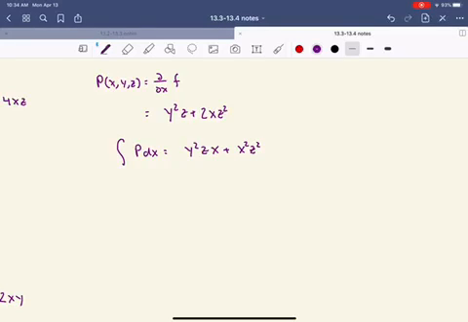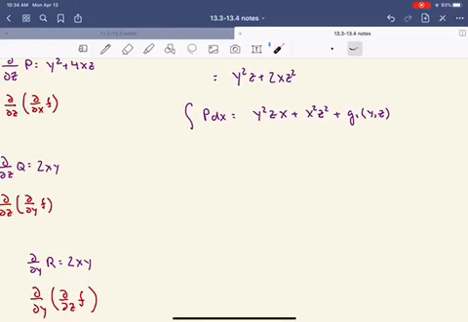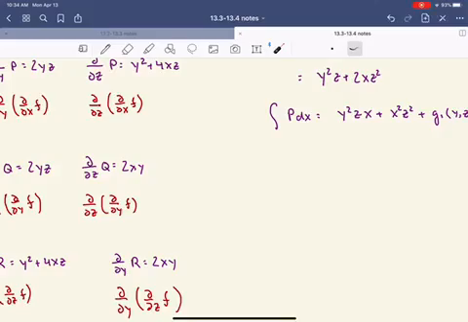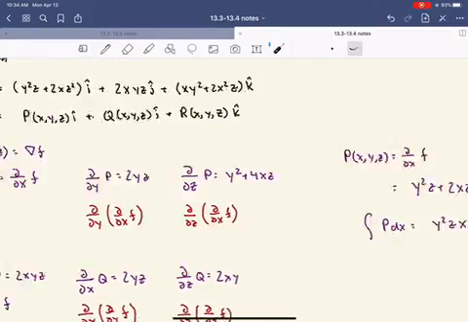Now, I'm going to write the next piece. It's some function. Let's write it, say, as g1. And it's going to be a function of y and z, because we've integrated out the x. So this is a constant with respect to x, but there's still y and z going on, right? Let's take a look at q. Q, remember,